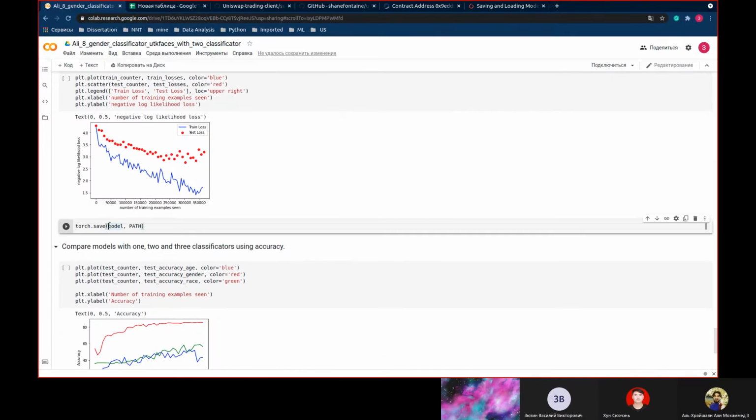Something like this, you write model your network, and here you can write that model with 3 classificators, and here is a class like this, and you save your model, and after this you can create a new notebook where you load this model and compare with others.